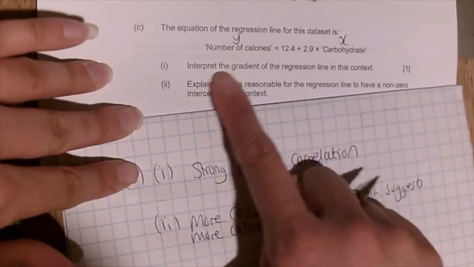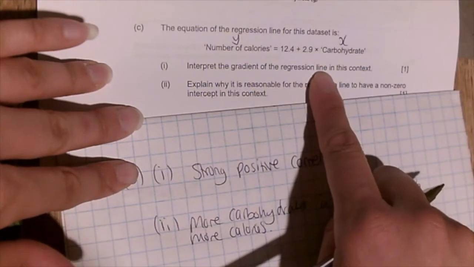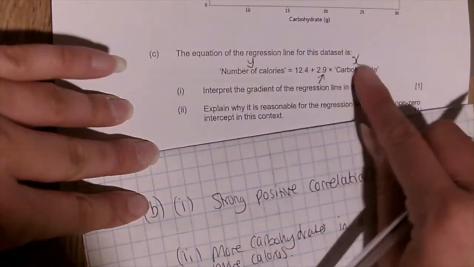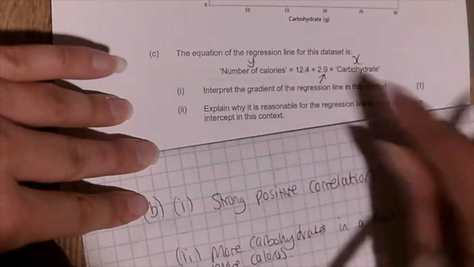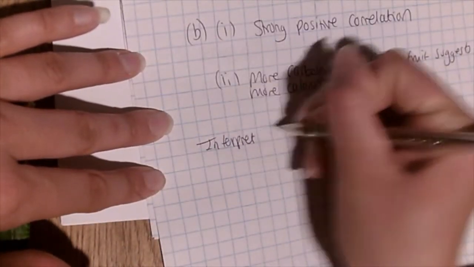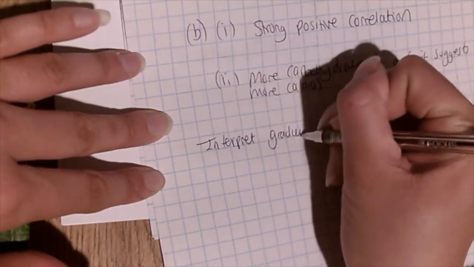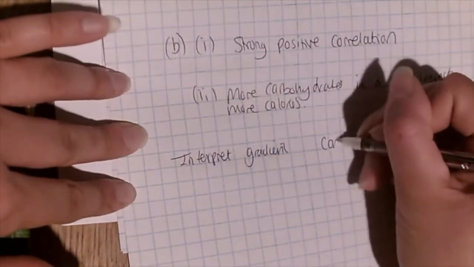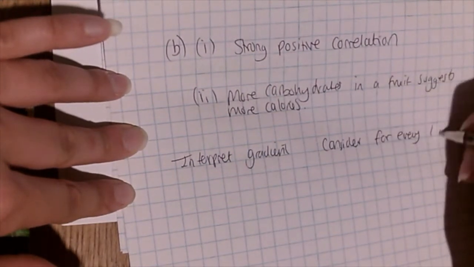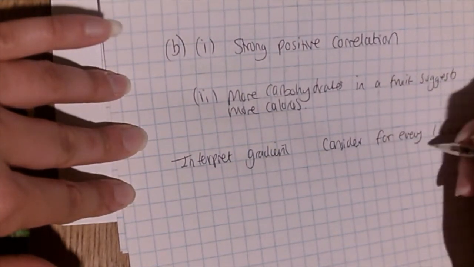So we're asked to interpret the gradient of the regression line. So the gradient is the coefficient of the x variable. So in this case it's 2.9. And to interpret the gradient, it's always the same idea. You always consider for every 1 unit increase in x, then that coefficient, that number in front of x, is the increase or decrease in